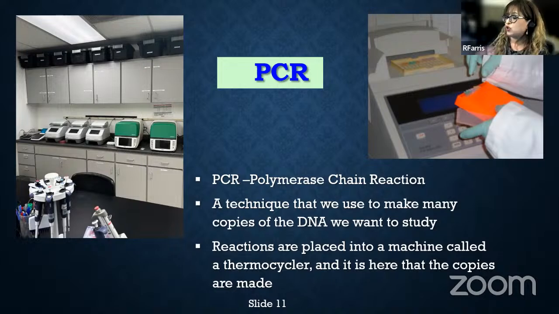And so once we do that reaction, well, let me go back a little bit. We set up the reaction and we actually then place it into what's called a thermocycler, which is the machines you see there on the images and also on the right. And in the thermocycler, it basically takes the reactions through a series of temperature changes. And that is what starts up the cycling process for the PCR. Once it is complete, which usually takes about 3 hours or so, we should have a large number of copies